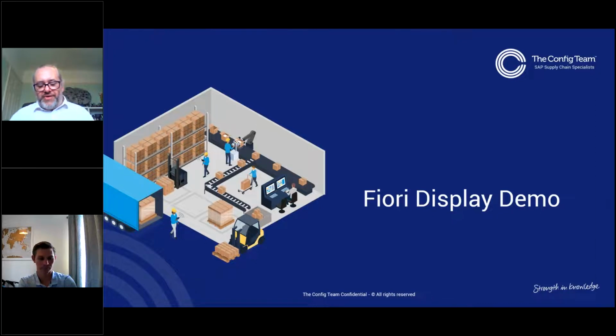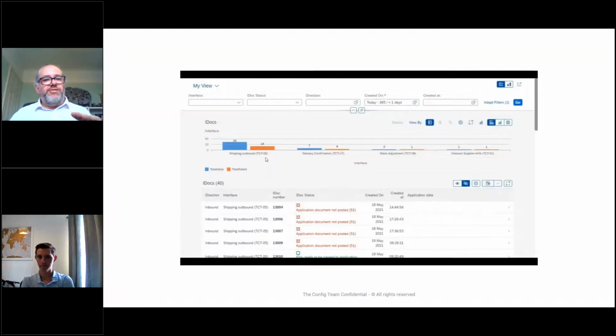So the other tool we looked at doing was from the point of view of somebody who's fixing these IDocs, me effectively back in the day. What could I benefit from in Fiori? So we kind of thought maybe we could put the tool itself in Fiori and the actual work can be done. You can start doing your investigation before you even log onto a PC. So you can start doing it from a tablet or a phone,